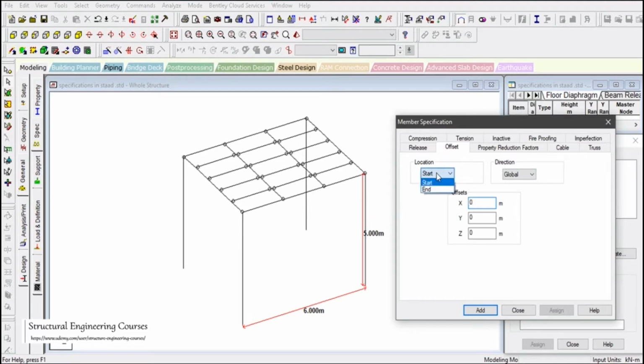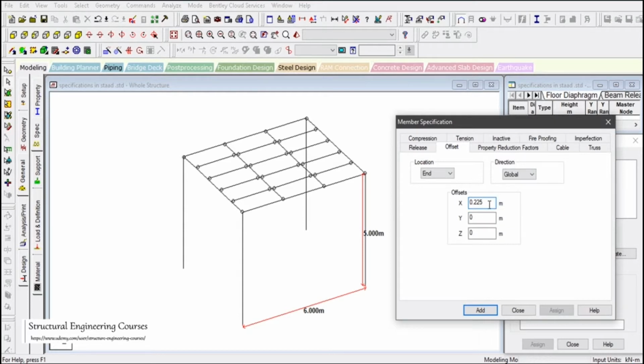So we go to location and start. Here we can select offset of global X. This is the global X axis. So we want to offset this joint of this member by 0.225, because we have selected UB 457. As I told you earlier also, 457 is the height of the structural steel member.